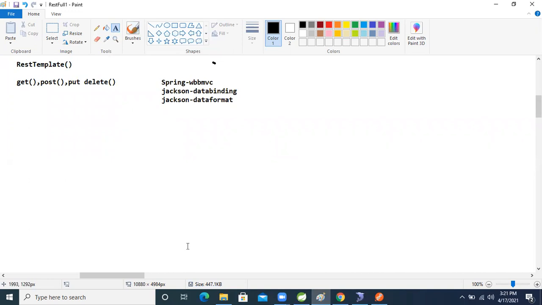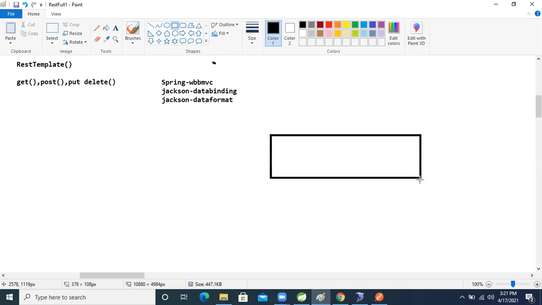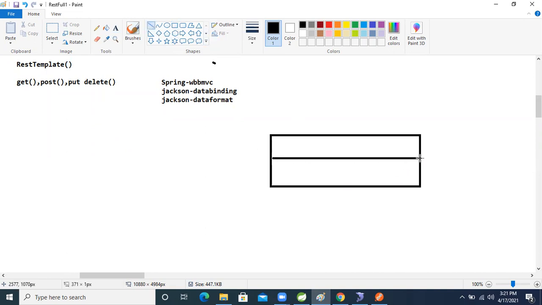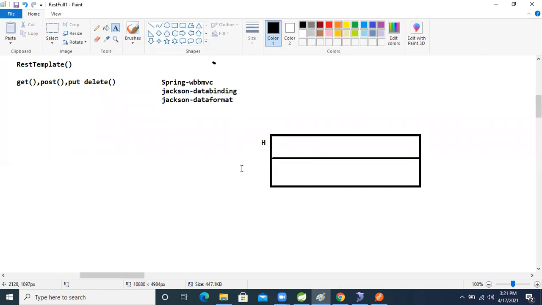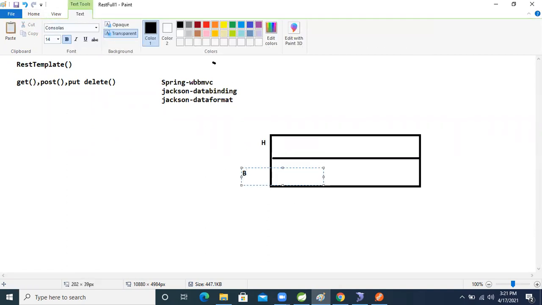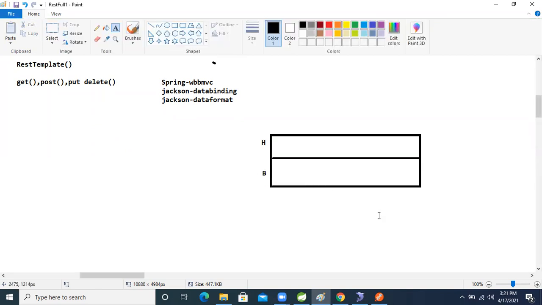In the HTTP, how many parts are there, guys? 2 parts are there. The first one is the header part. The second one is the body part, right? In the header part, which kind of information is there, guys?